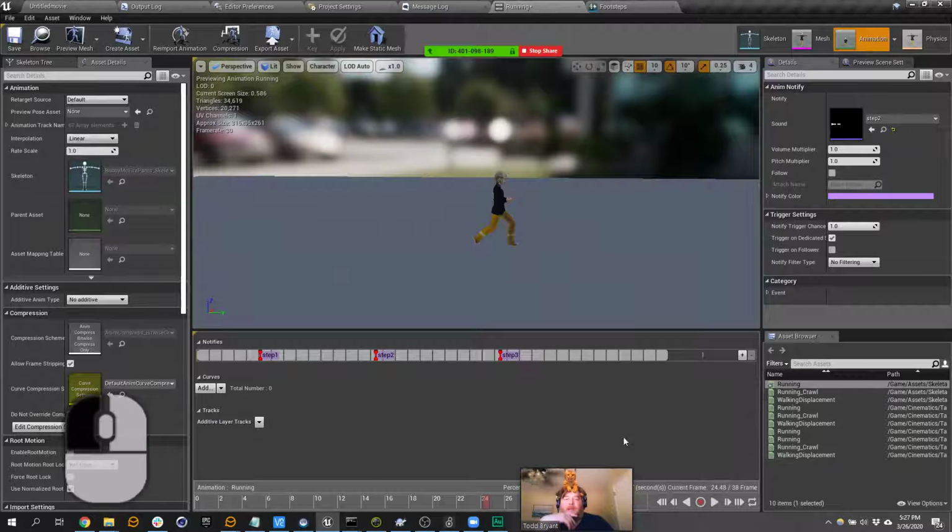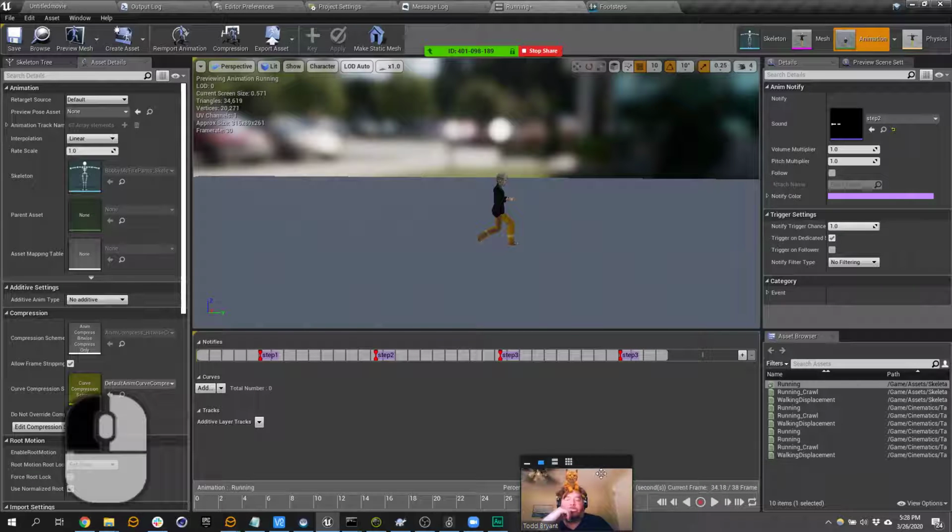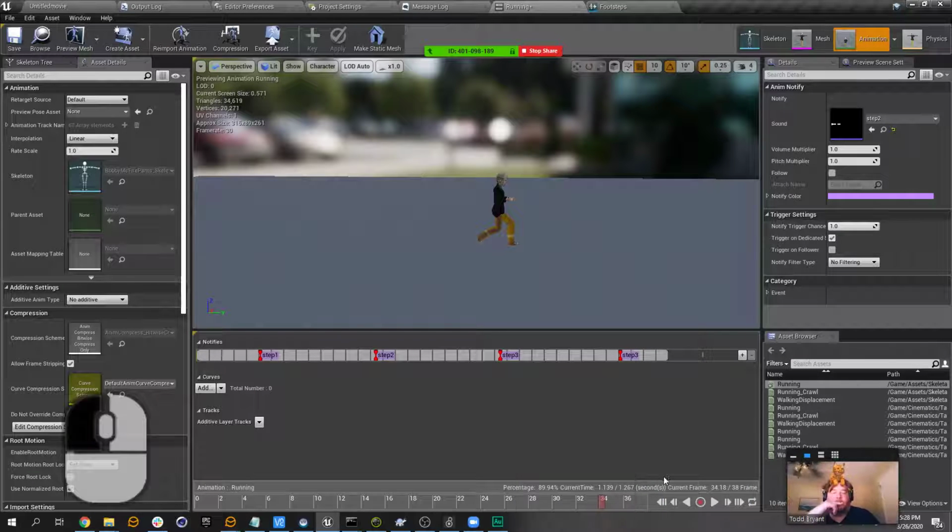And there's tons of stuff we could do. We can add in particle effects. So it would be like, I can add a dust trail. Right. And then, so now if we hit play,